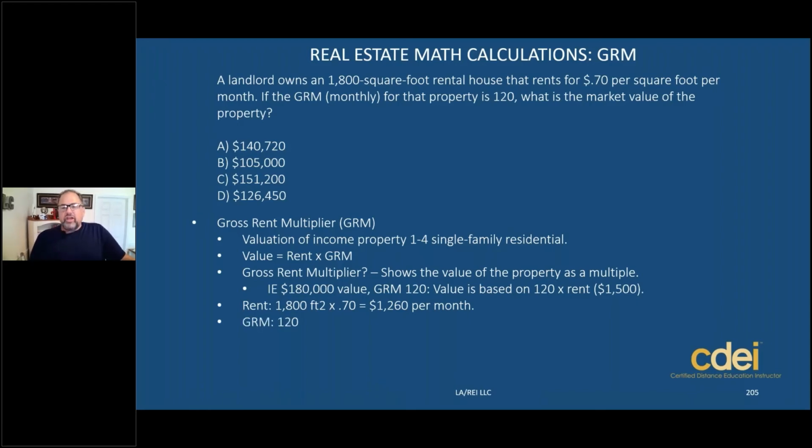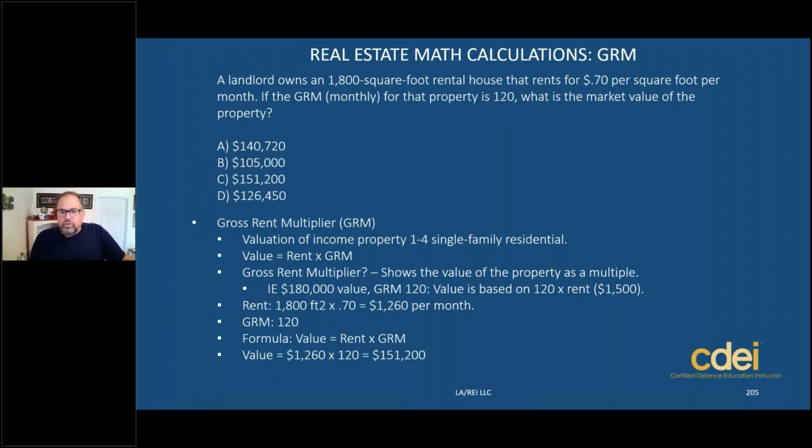And they give me the GRM. The GRM is 120, so that's given. Now, the formula in review: value equals rent times GRM. So I know that GRM, in principle, is a multiplier of my rent that gives me my valuation. If we proceed on, the value equals 1,260 times my GRM of 120,